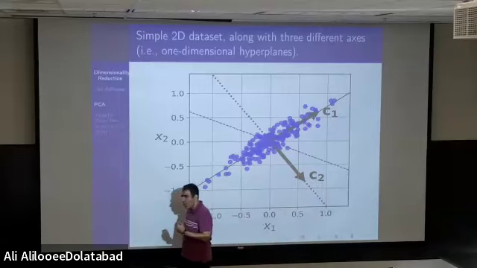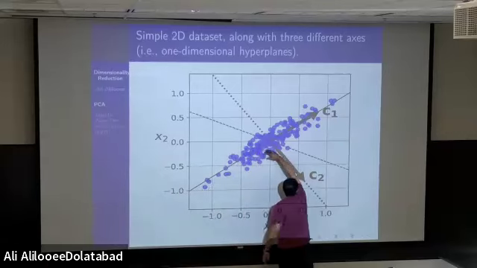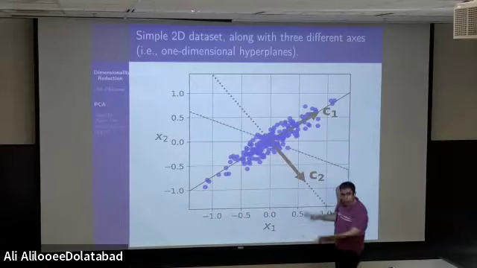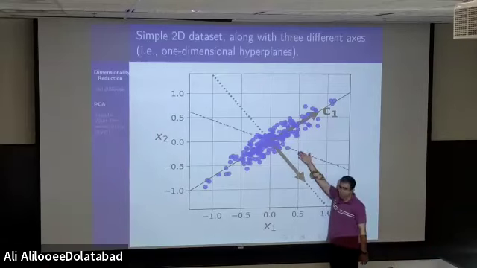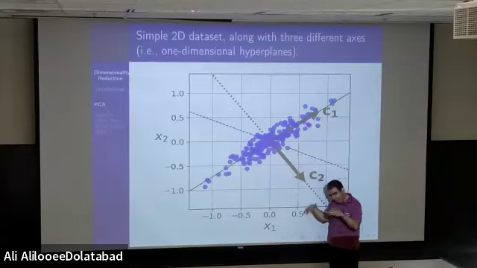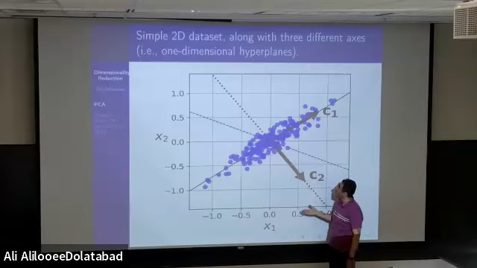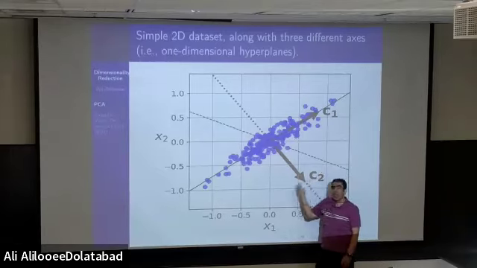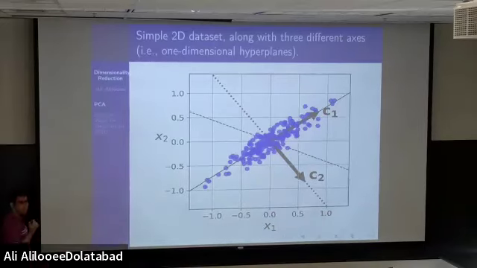Now the question is, what line should be considered for projecting? We have this line, we have this line, we have that line. Many lines can be considered, right? The only thing that we can say is, this is a given data set. I want to find the appropriate line. I want to project on that appropriate line. But the question is, what line is appropriate? There are many lines that can be drawn here, right? I have just some of them here, and many others can be found. Okay? Question? Comment?